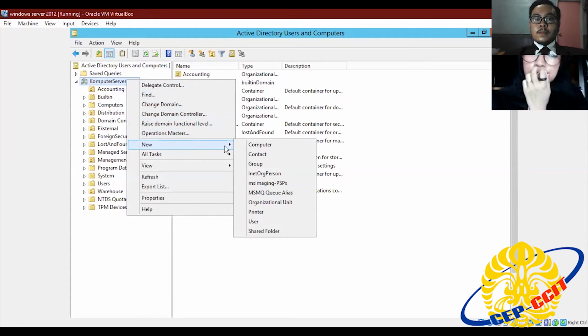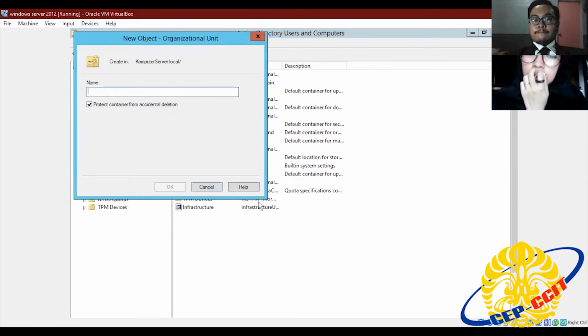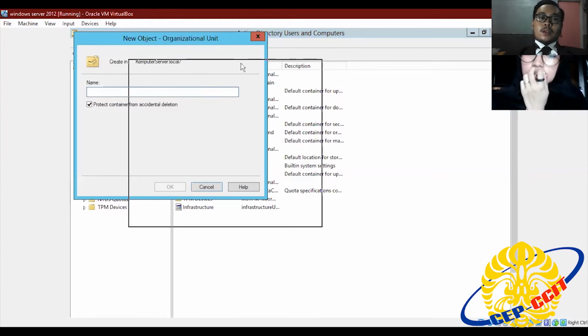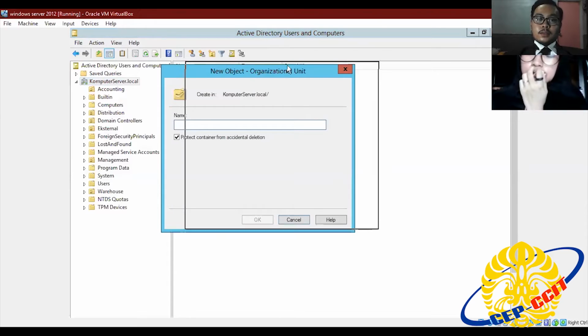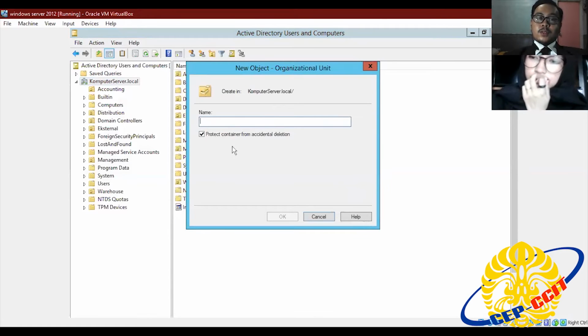Select New. Select Organizational Unit. Okay, in the organizational unit, put a name. You must create groups and users.